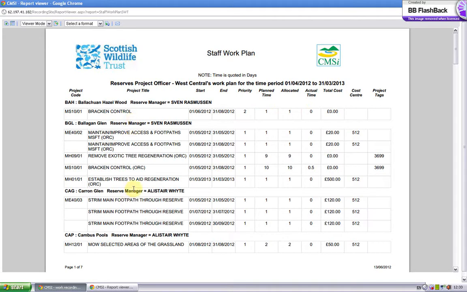So here is an example work plan, and it shows a list of tasks that you've been allocated for this financial year. The tasks are arranged by reserve, and they also show the dates between which the task should be carried out, the priority of the task,